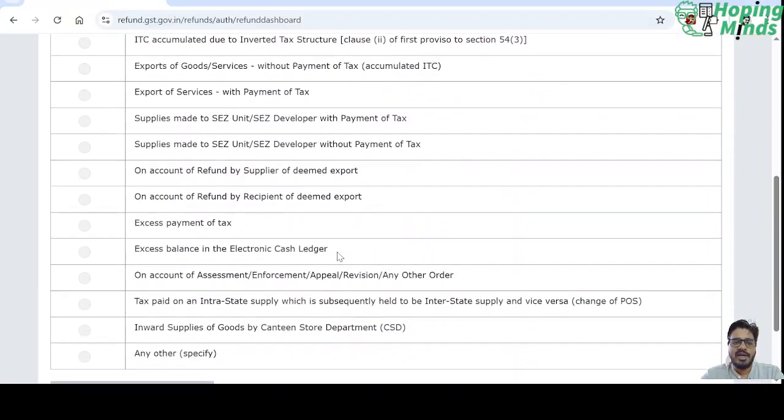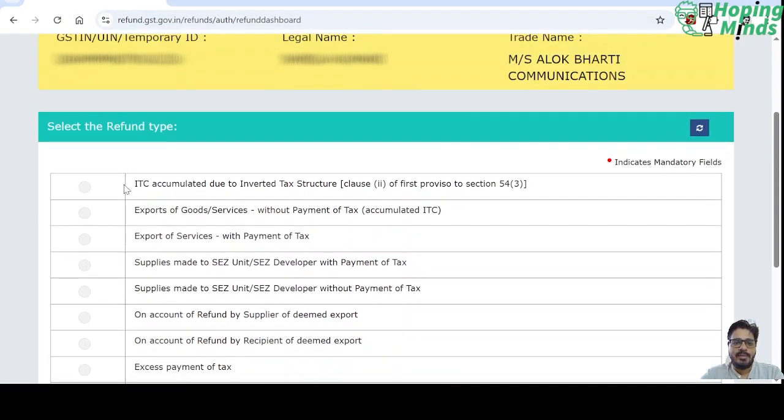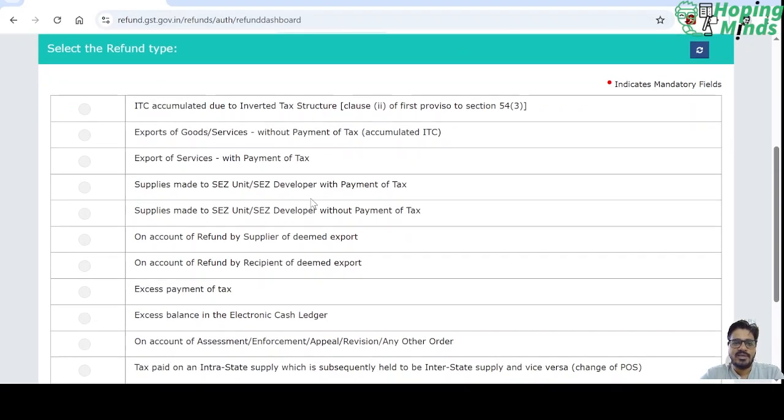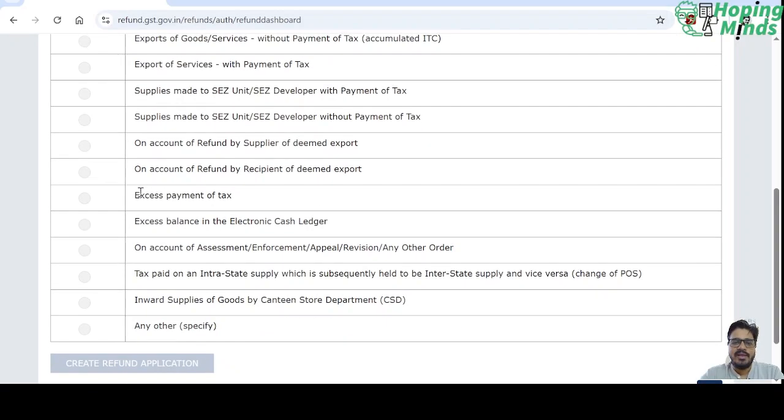Here we can see there are multiple options against which refund can be claimed, like input tax credit accumulated due to inverted tax structure, then export of goods or services without payment of tax, export of services with payment of tax, supplies made to SEZ or SEZ developer with payment of tax, then again supplies made to SEZ unit or SEZ developer without payment of tax, on account of refund by supplier of deemed exporter, on account of refund by recipient of deemed exporter, then excess payment of tax, excess balance in electronic cash ledger,